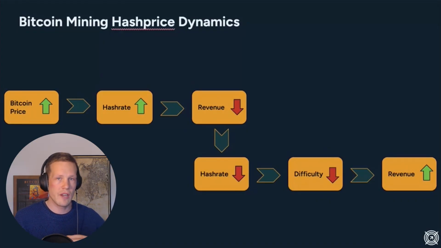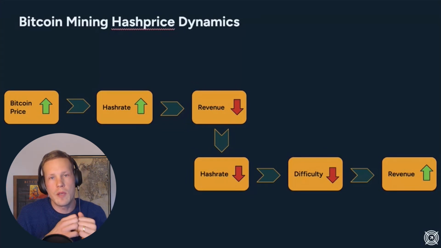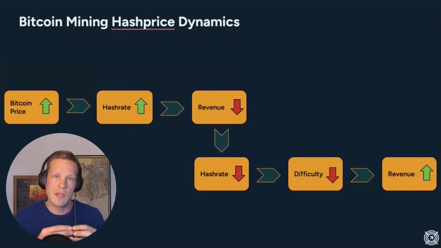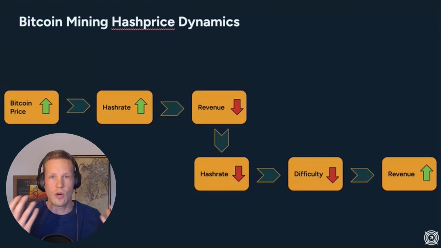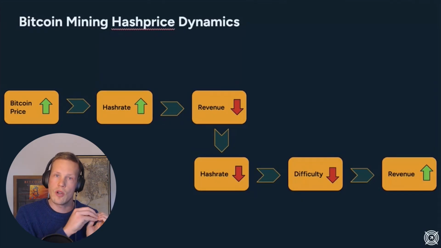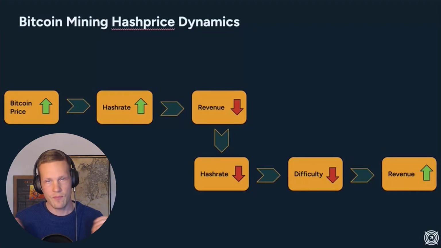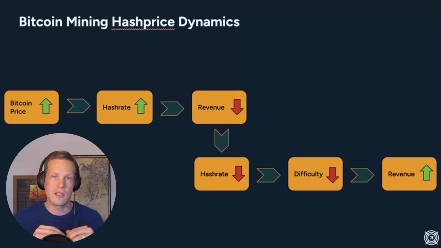Now, on average, over the lifetime of the Bitcoin network, hash rate has always grown. Why? Because people want to increase their revenues or they want to keep their stake of the total network the same to keep their revenue stable. And thus, network always moving to the upside means the trend line of the difficulty has moved to the upside. It's gotten more and more difficult for people to mine, and revenue keeps decreasing. The only thing that can balance that out is the Bitcoin price moving to the upside stronger than the hash